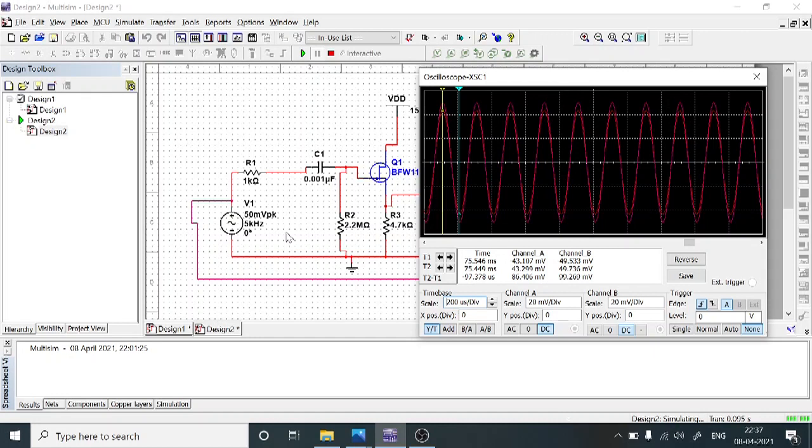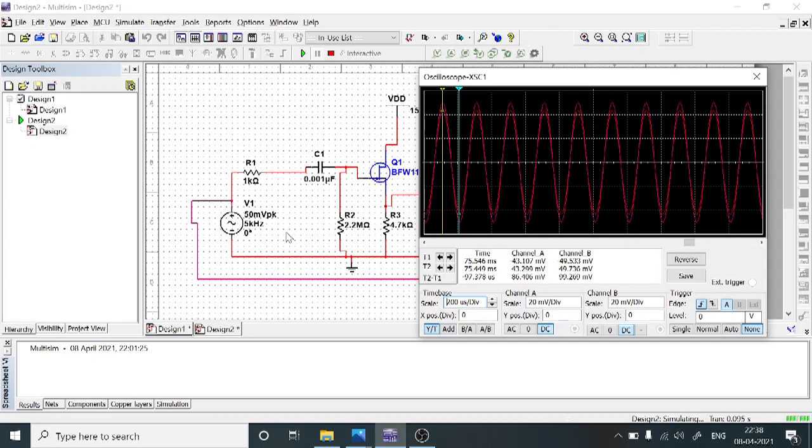So for every frequency, you need to calculate the gain by applying the formula, the ratio of output voltage to input voltage. After that, you should convert it into gain in decibels, meaning you apply 20 log of gain.